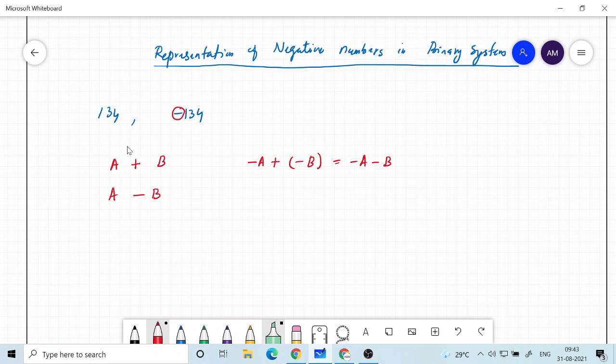So if you have two negative numbers and you are adding them, you will do that. Here it is two positive numbers and you are adding them. Here you have two negative numbers and you are adding them, and then minus A plus B. So these are the various things that you can do if you have negative numbers. Here A and B, I am assuming as positive, but when you have a negative sign there, it is basically made negative.